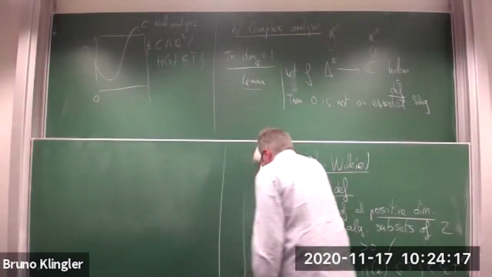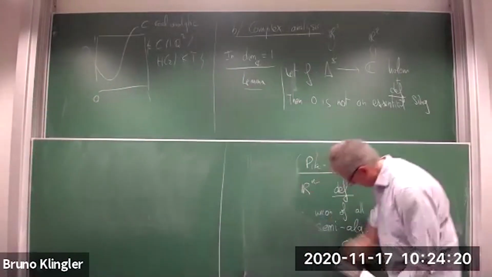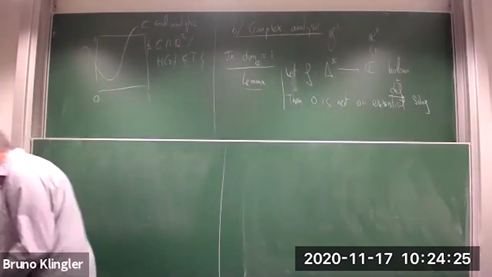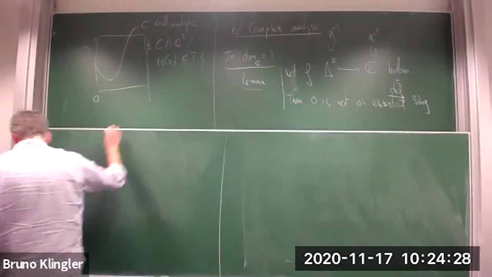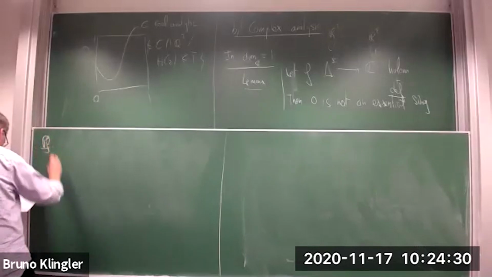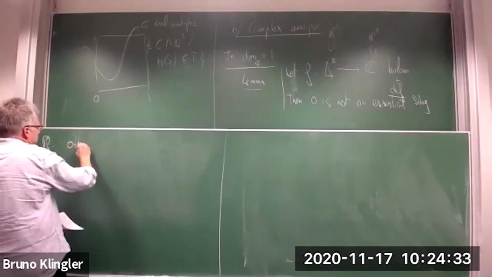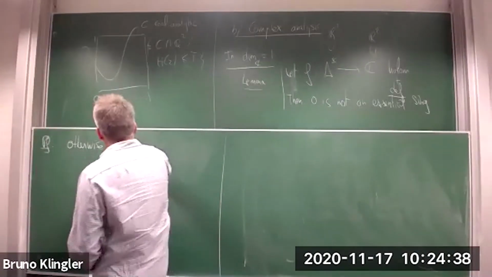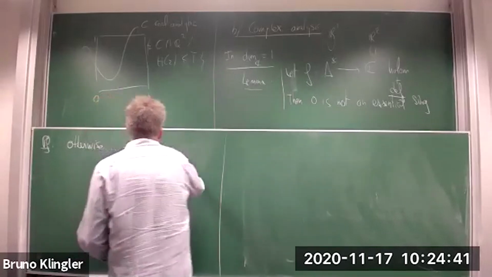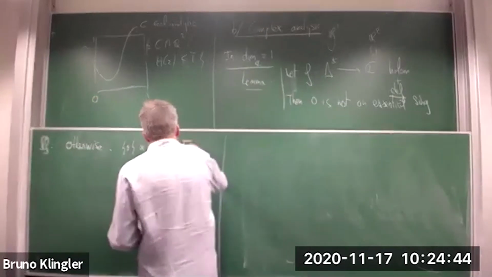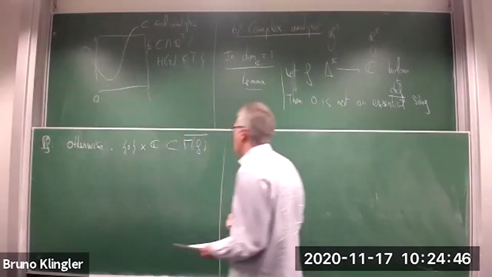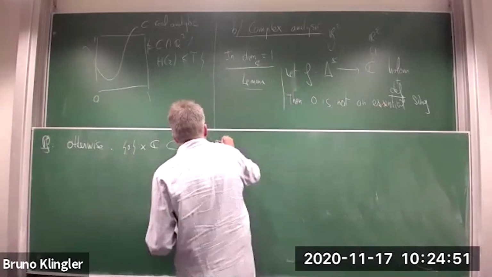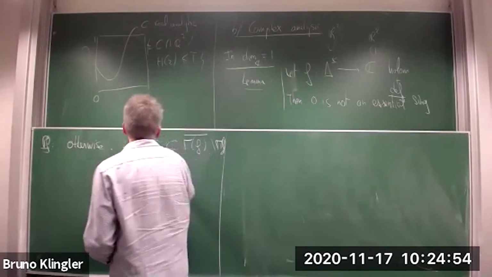So let me sketch the proof of this lemma so that you get an idea of how to apply this technology. Otherwise, this map has an essential singularity at 0, then you know that 0 cross C has to be contained in the closure of the graph of your function with an essential singularity, and in fact is in the boundary. So this is the great Picard theorem.